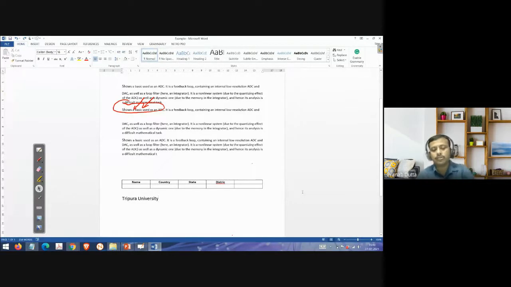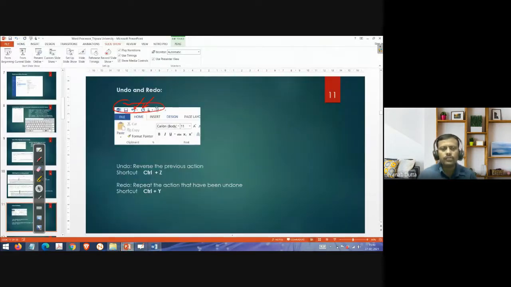And if I press Control Y, it will redo it again. Either by using these symbols or the keyboard keys, we can do it: Control Z and Control Y. So undo and redo, that is what it is saying in this one.